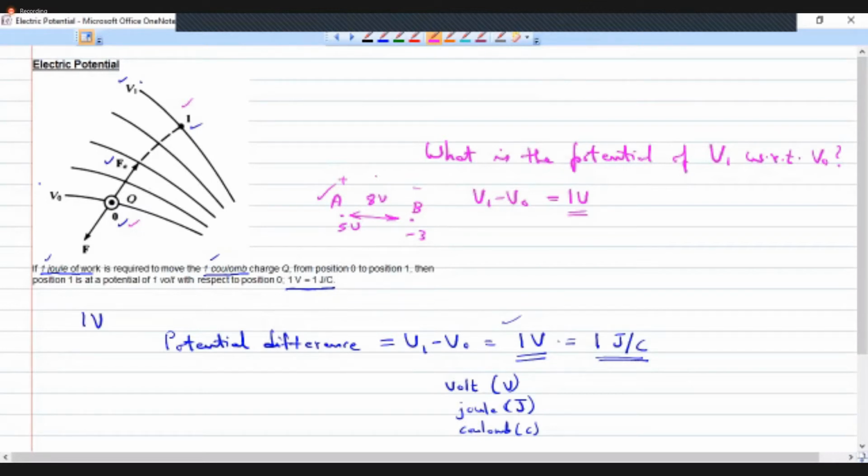So let us say we have to move an electron from point A to point B, then that work will be done by this potential difference itself. We don't have to do any external work. If we want to move the charges in the opposite direction, we have to do work on this system against this potential, because point A is at a higher potential. So in order to move charge from a lower potential to a higher potential, we have to do some amount of external work.